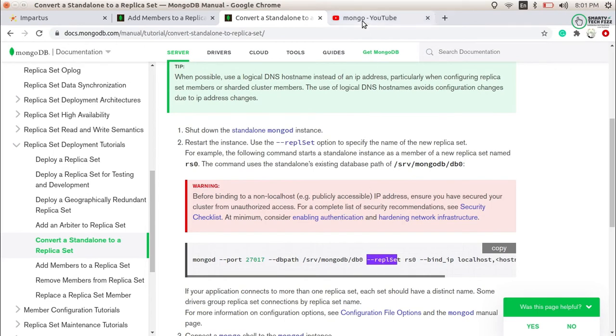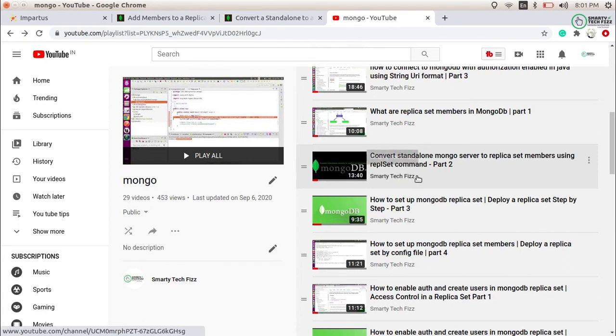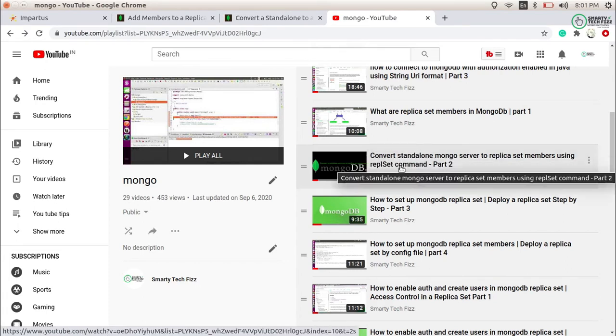I have already explained this command. I will provide the link in the description box, and you will even find that video in the I button, so you can go there if you want to convert your MongoDB server to a replica set member using the replSet command.